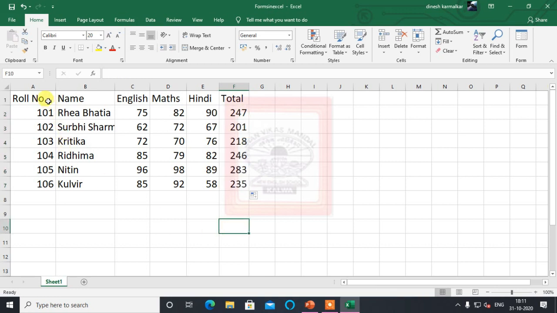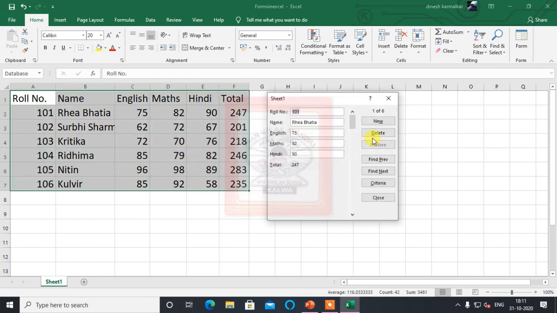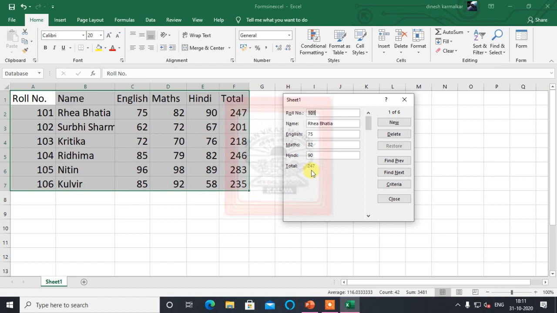Now if I select all this and select Form, you can see the first record is there. If you click Find Next, you are getting the next one. The total is uneditable because we did not enter it, we used the formula. So you can see we cannot edit the total from the form because we had to find it from the formula.